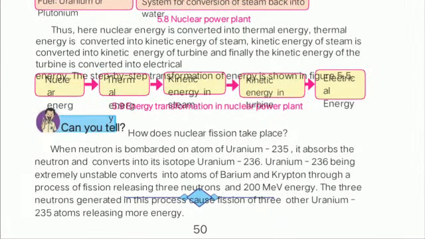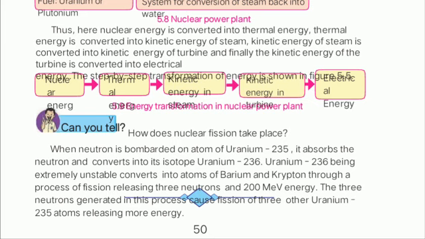The main important thing we have to focus on is how this nuclear fission takes place, means how this nuclear atom gets converted into thermal energy. Look at the next point. When a neutron bombards an atom of uranium-235, which is the first compound we are utilizing, it will absorb that neutron and get converted into a heavier isotope, uranium-236.